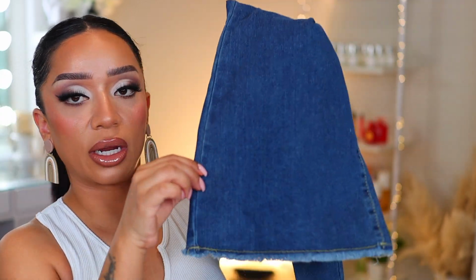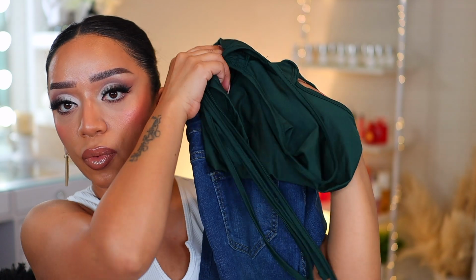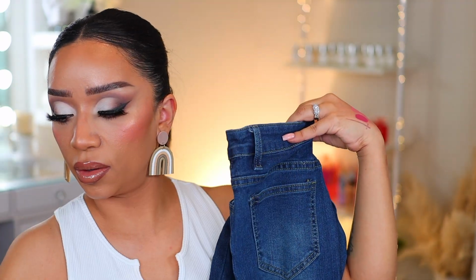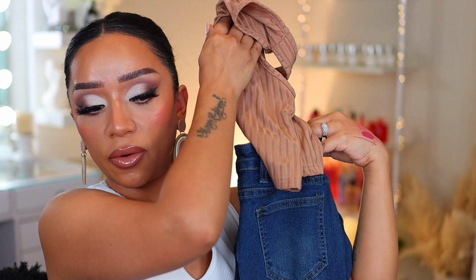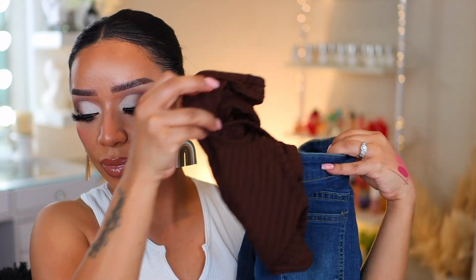But again, I will try it on camera for you guys, and this is what it looks like at the bottom. I just think with one of these shirts, literally every single one of them would go with this outfit. Like this one right here would be so cute, or even this brown one. So I'm